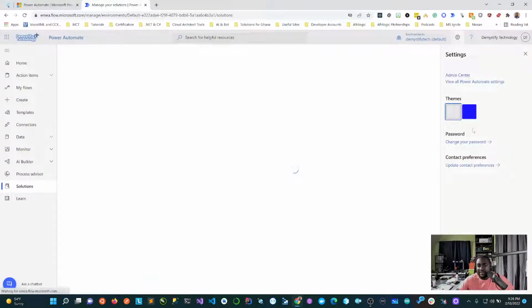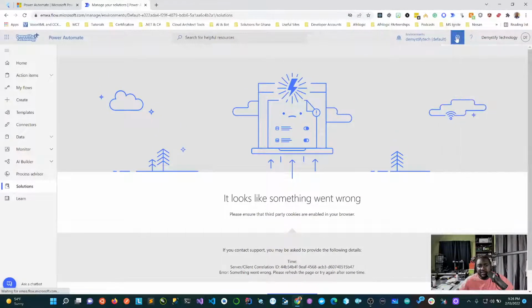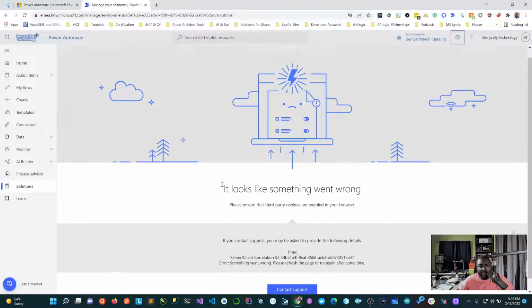Let's do this. Okay, please ensure third-party cookies are enabled in your browser. Something is really okay. Let's see this. Which of the browsers are we using? Okay, we're using Chrome. That's fine.